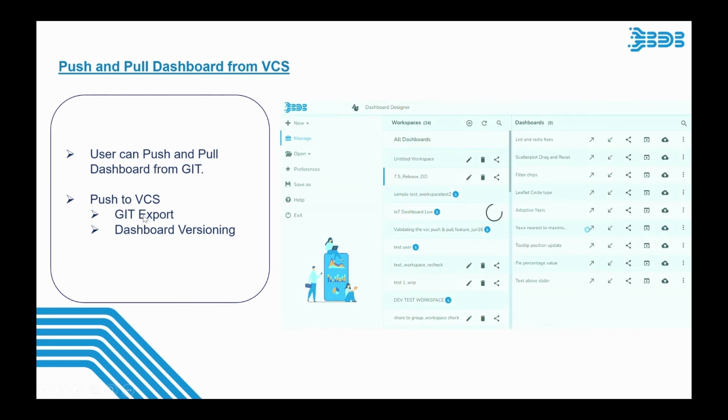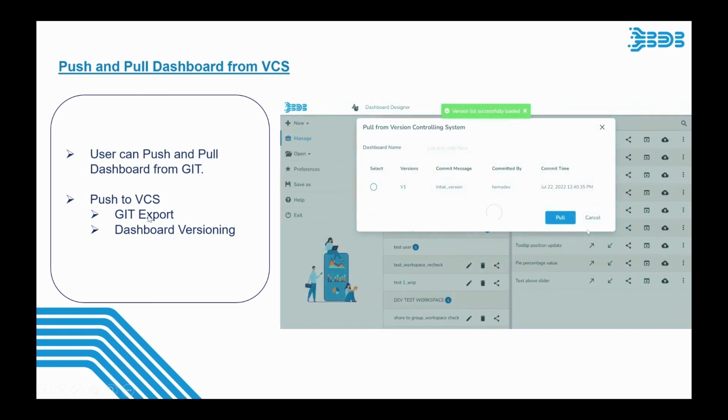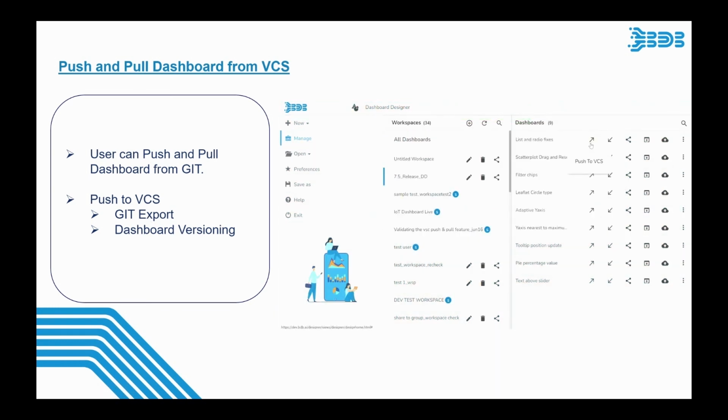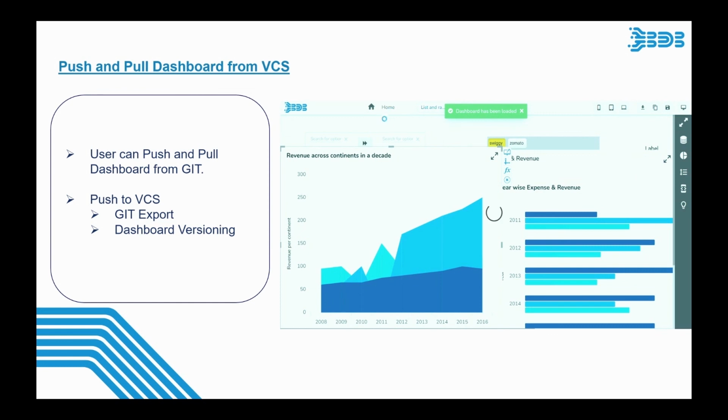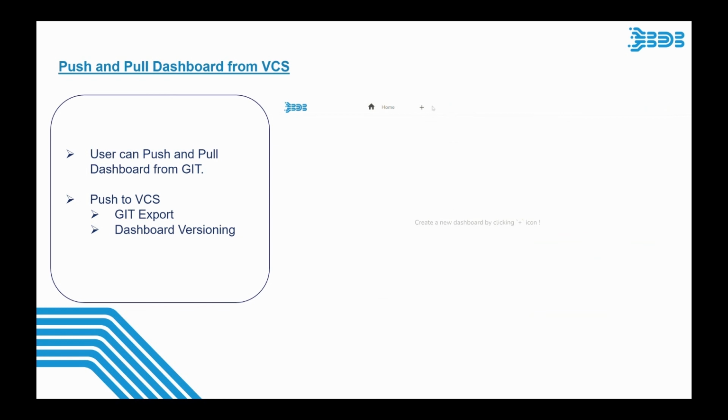If you use the git export option, we are migrating the dashboard from one space to another space or another server. So git export is basically used for migration from one server to a different server and different spaces, and dashboard versioning we can use in the same space,